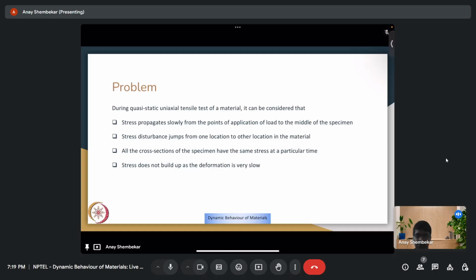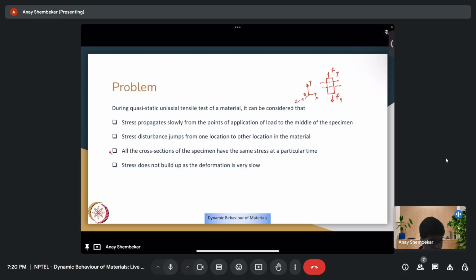Another question on the quasi-static loading. Here we have been told that we have a quasi-static uniaxial tensile test of a material. Suppose X, Y, Z, and uniaxial tensile test, so force F is being applied along, say, Y direction. Quasi-static, so both ends will have the same load balancing it out, and each section will experience the same stress. So that is basically option C,